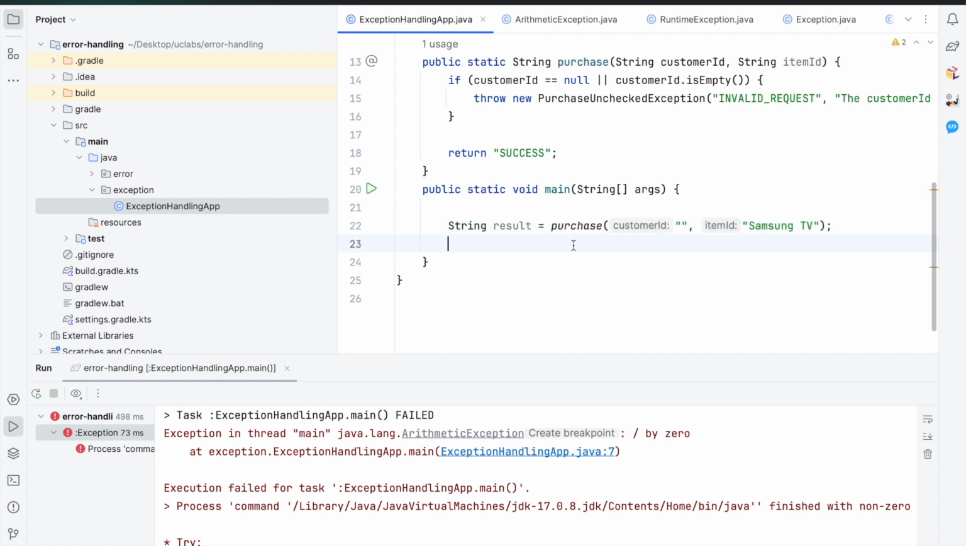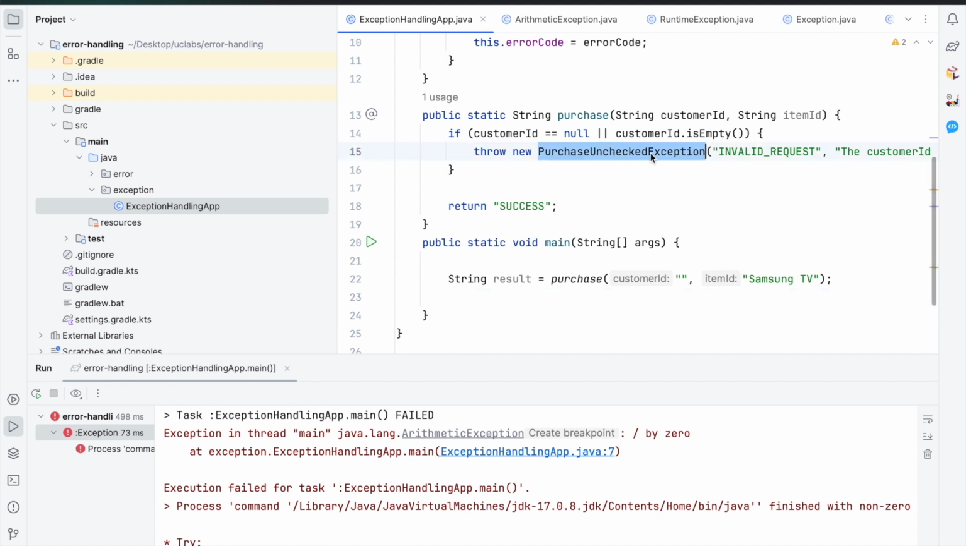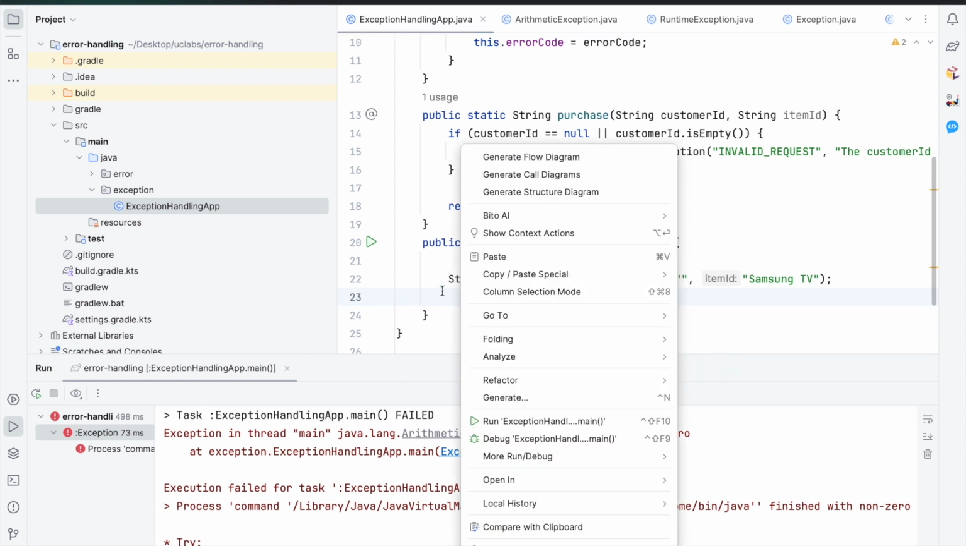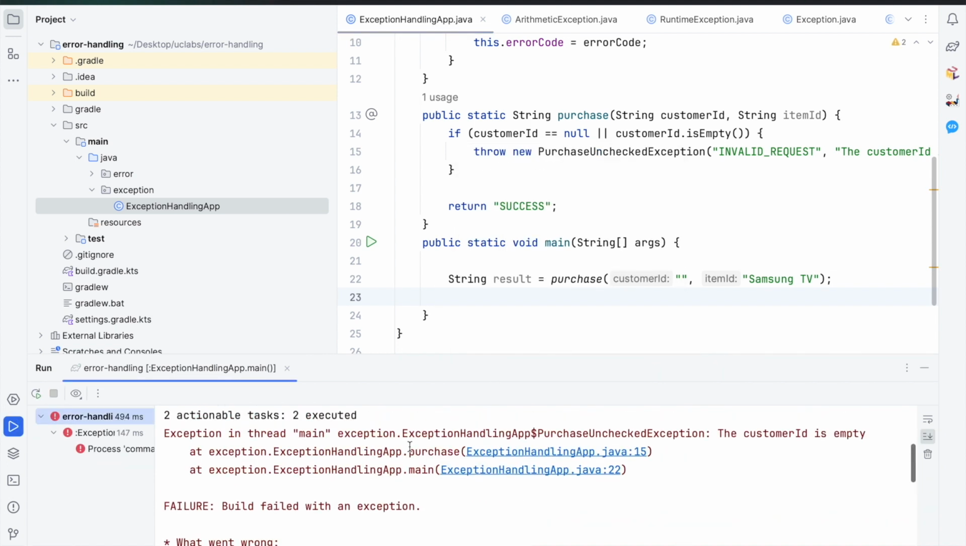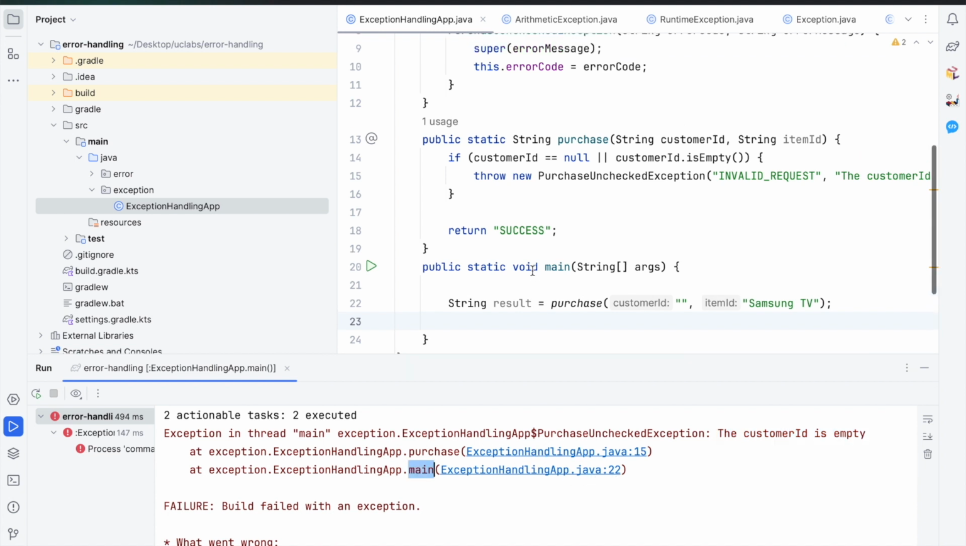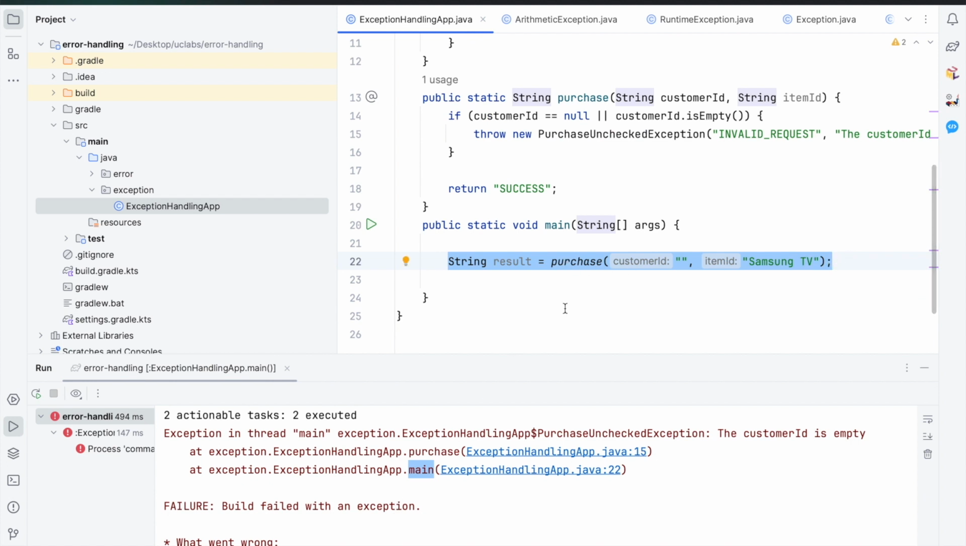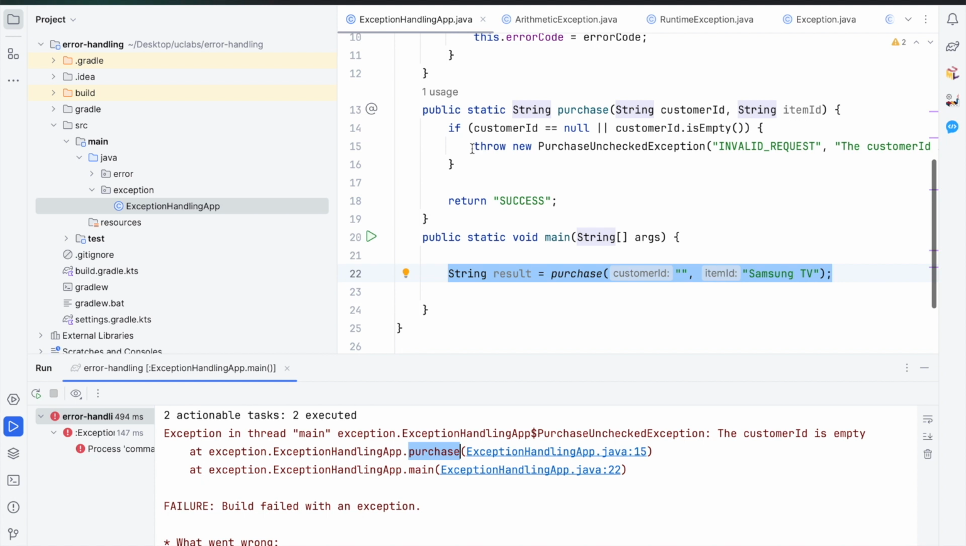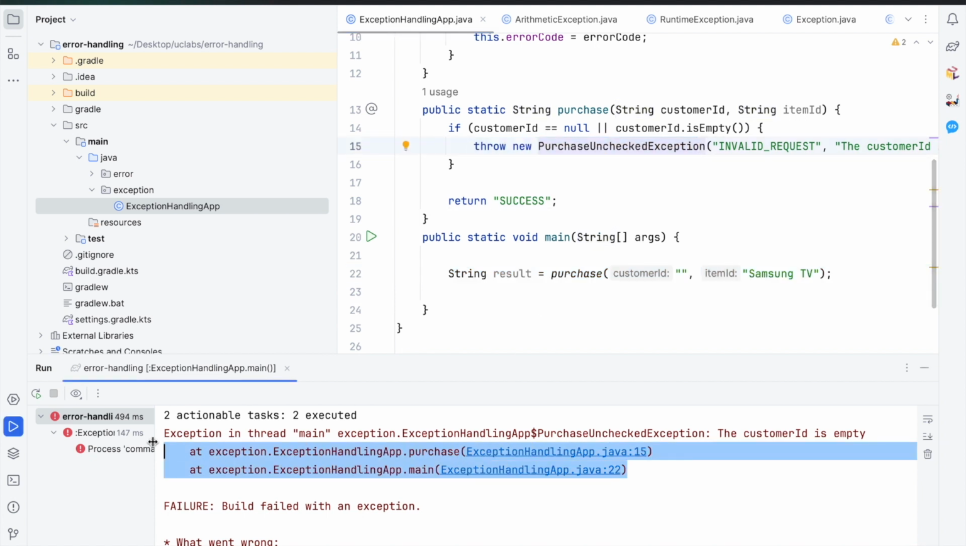Alright, so if I run it, it will throw the runtime exception, and I should see that in the stack trace. Right, you can see that the main thread exited with the error customer ID is empty, and you can see the stack trace that main line number 22, that's where we call the purchase, and that called purchase, and it threw the exception at line number 15. You can see the line number 15, and this is called the stack trace that gives you all the information where the